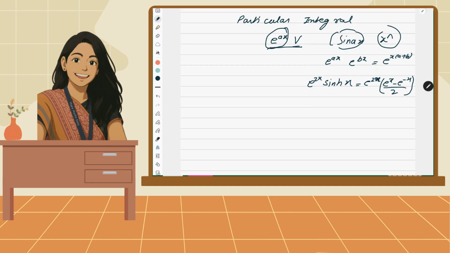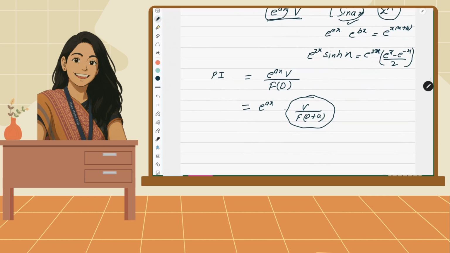When you are finding the particular integral and you have this format, I will first write e to the power ax outside, which means it is solved, and then v upon f of d plus a. Now whatever is formed here will be solved based on the value of v. If it is sin ax, we can solve it by putting d square equal to minus a square. If it is x to the power n, we can do it by division. So this is the main concept. When you have a combination, you can do it like that.